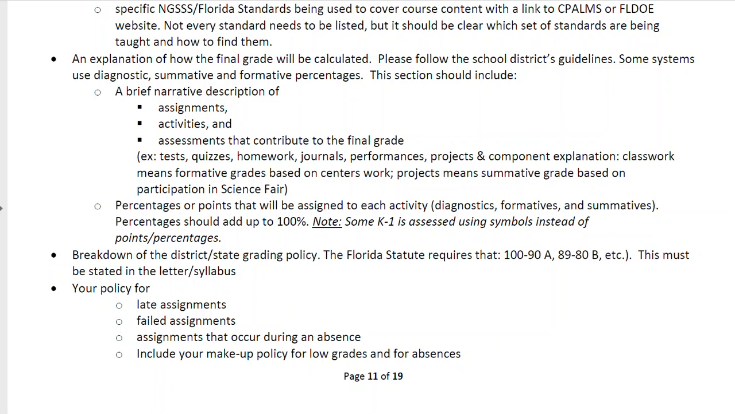Whatever it is that you plan to give, those should be outlined and somewhat described, with a brief narrative description. It really does mean brief. Most people know the difference between a test and a quiz. Generally, folks know what a science lab is, but just give a brief description of these things that you're going to be giving as